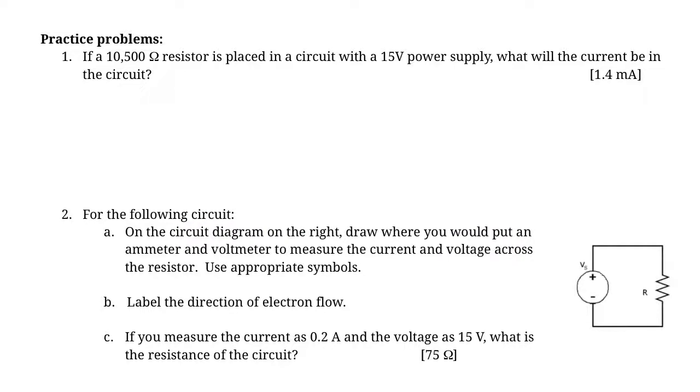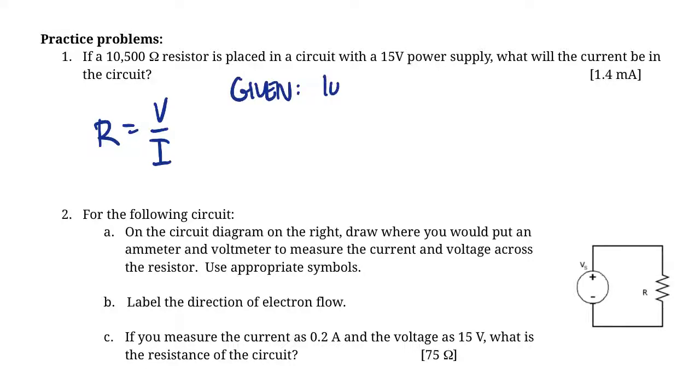Okay, practice problem 1. A 10,500 ohm resistor is placed in a circuit with a 15 volt power supply. What will the current be in the circuit? So we know we're going to use Ohm's law because those are the things involved. So I'm just going to write that down. R equals V over I, right? We know that we're going to use that equation. So we need to know two of these things. And we're given in the question,